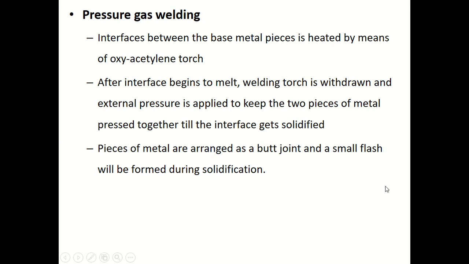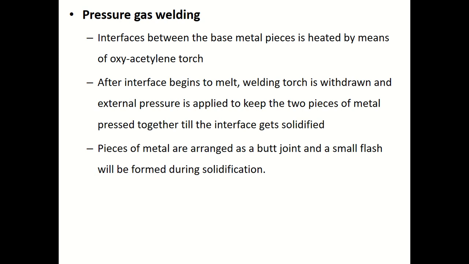Pressure gas welding is another type of gas welding process. Here the interface between the base metal pieces is heated by means of an oxyacetylene torch, and after the interface begins to melt, the welding torch is withdrawn and external pressure is applied to keep the two pieces of metal pressed together till the